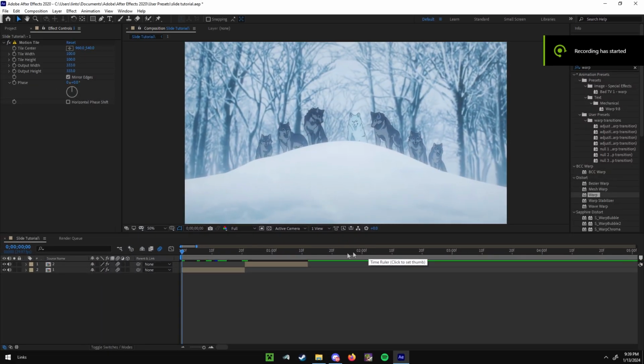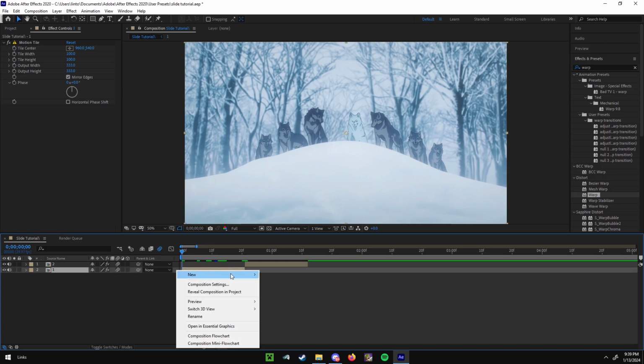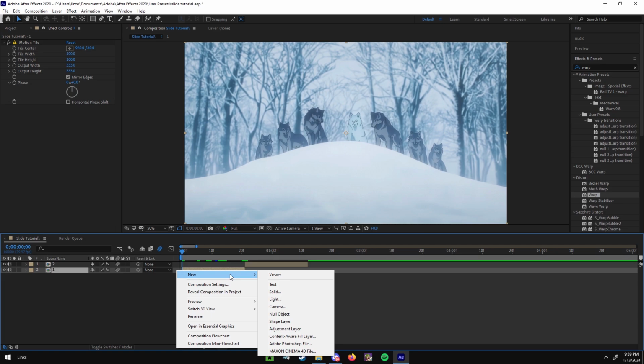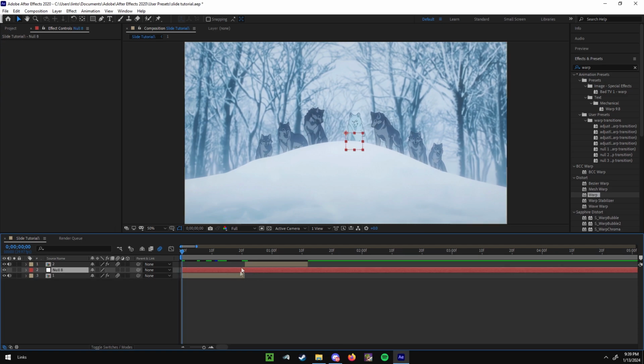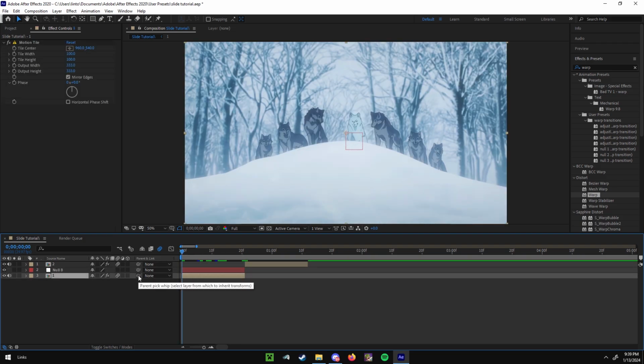So once again, I'm here with two clips. Before you do anything, make sure you enable motion blur here on the left. After that, we're going to create a nice little zoom out for the first part of the slide. So create a null object, link it to the first clip,